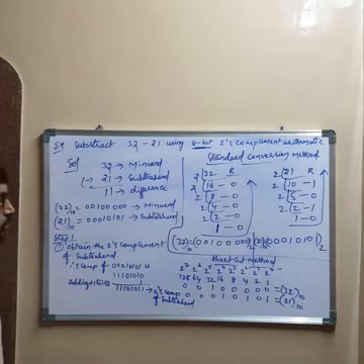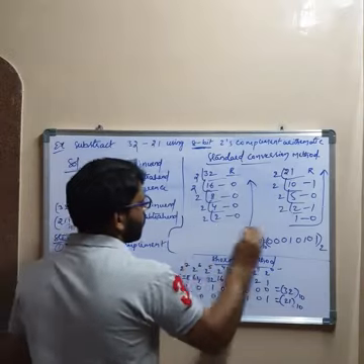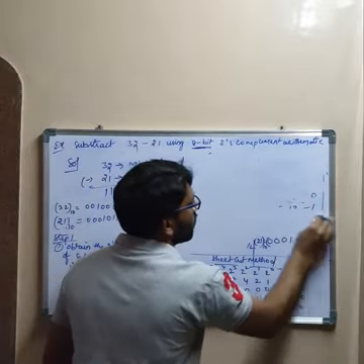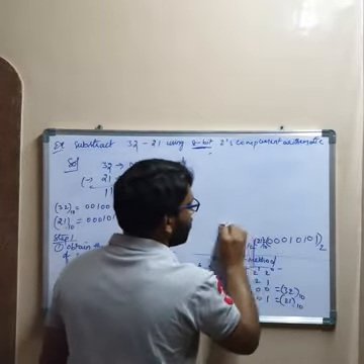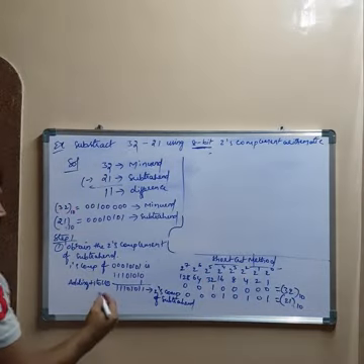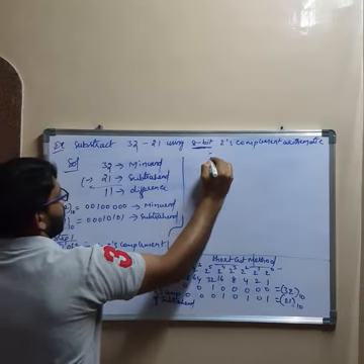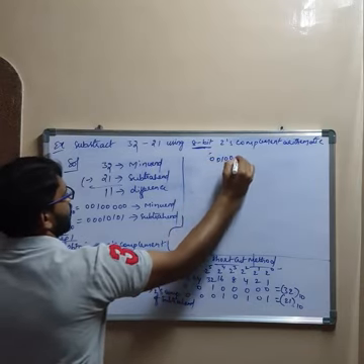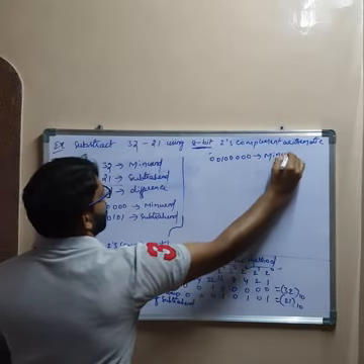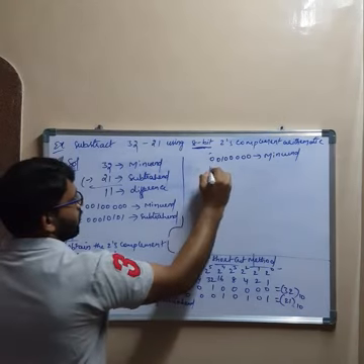We have to add this to the minuend, right? What is the minuend? 00100000. This is the minuend. What is the 2's complement of the subtrahend? 111